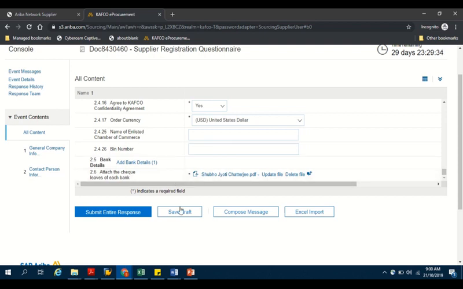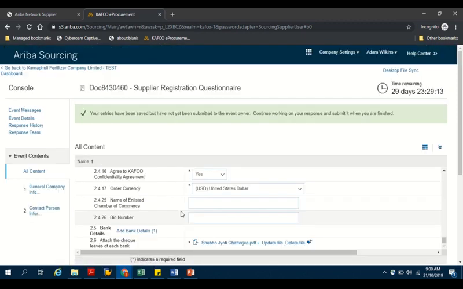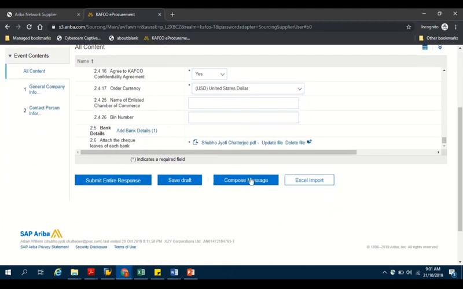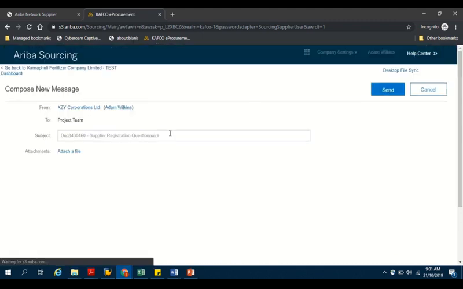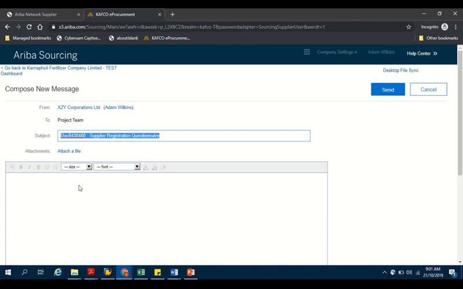Once we're done with this, we can either save the draft, which is that I save this document in the middle if I have any queries. Now I can compose a message. Let's say, okay, I'll save the draft in the middle once. We've saved it, we have not submitted it as of yet. Now say I have some queries in filling out the details. I can easily compose a message to the buyer, say